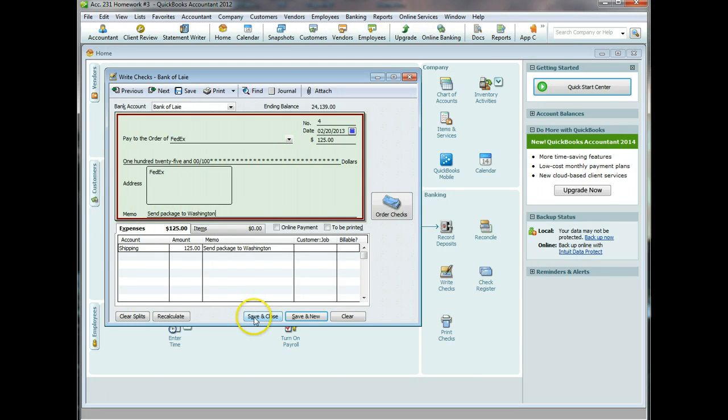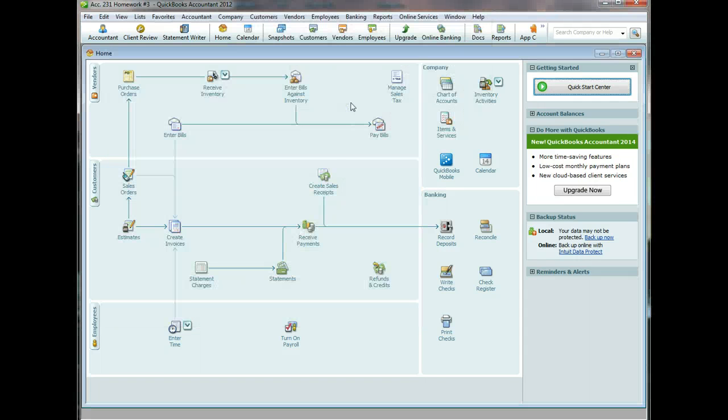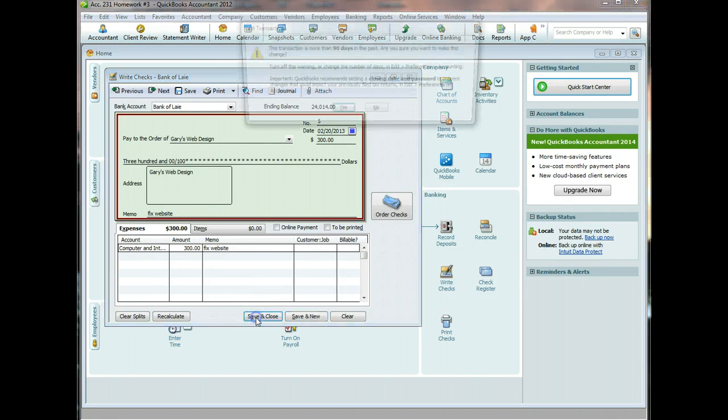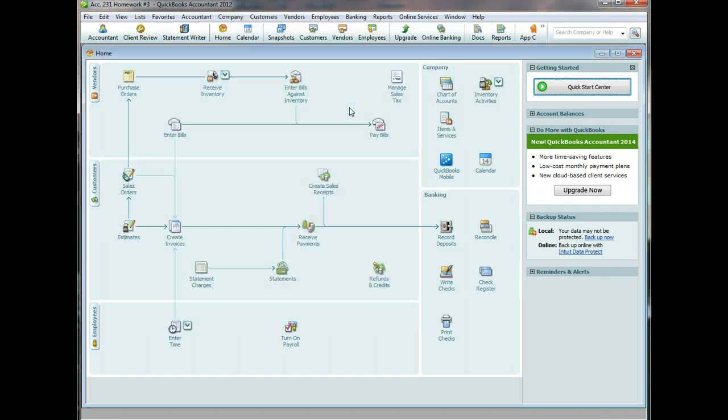And save and close. Now we don't want this to happen again, so we immediately go to our web design guy and we give him $300 to fix the website. Make sure that it automatically gets shipping. We don't have to pay that anymore. Alright, so we save and close there. That's done. Alright, February 22nd, Hans Mueller gets in touch with us and he wants to buy five full fishing packages